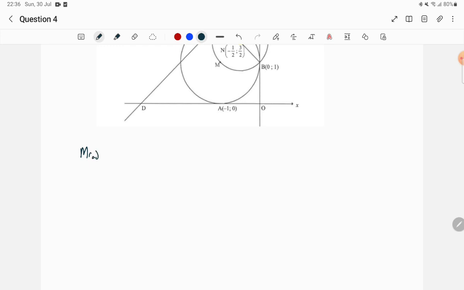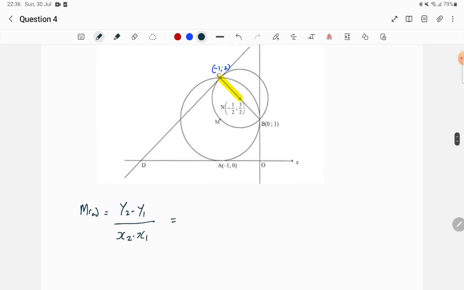M of the radius is equal to y2 minus y1 over x2 minus x1. And here we are subtracting 2 from 1. We can also use our coordinate B since it's on that same line. I think that's easier. Let's go ahead and use that. So it would be 2 minus 1 all over, and by the looks of it we can see that the radius itself is a negative or a decreasing function, so it will have a negative gradient. So this would be minus 1 minus 0 at the bottom, and then we get a gradient of minus 1